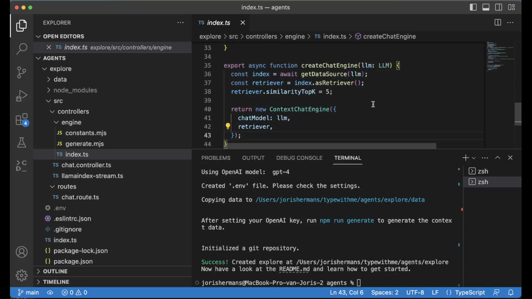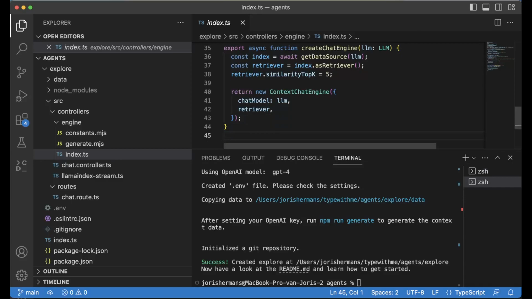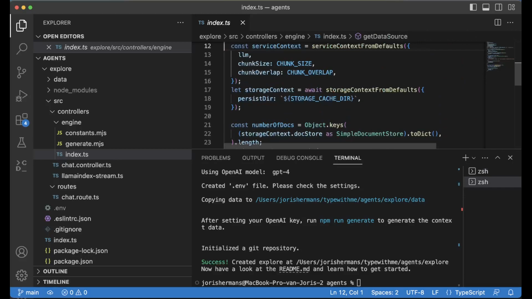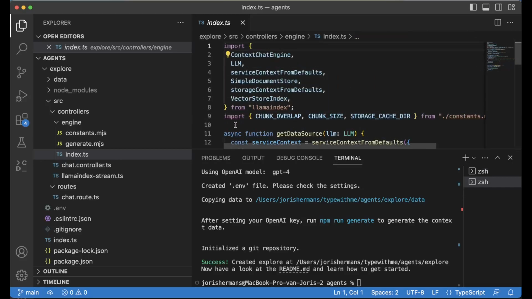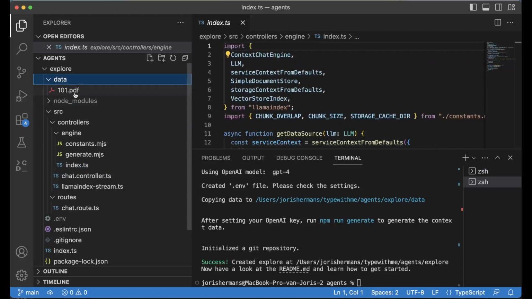When we create our chat engine, we have our data source or LLM that we just saw. Then we can say to that index.asRetriever, and then retriever.similarityTopK equals 5. And then we have our new context chat engine, which has a chat model, LLM, and a retriever. So yeah, well, I don't know. It's a nice alternative. And if you really want to talk to data, you can very easily have a folder here, data, where you can put your PDFs in, and it can be indexed with your embeddings, and it can be used